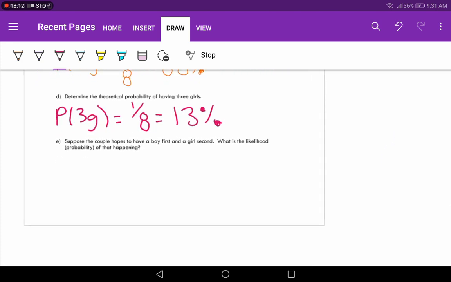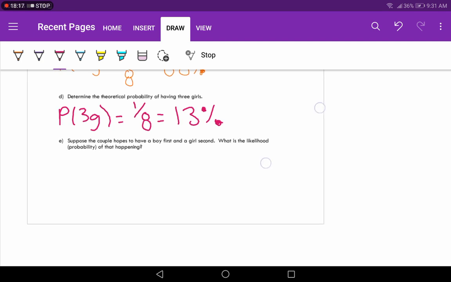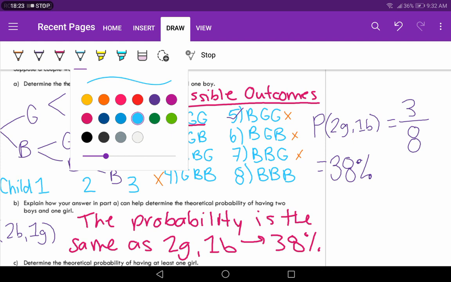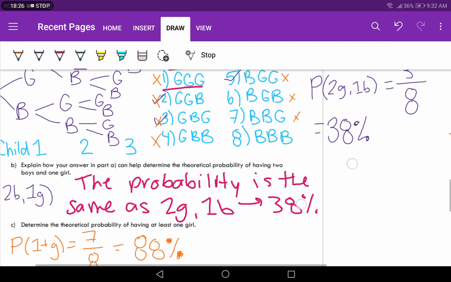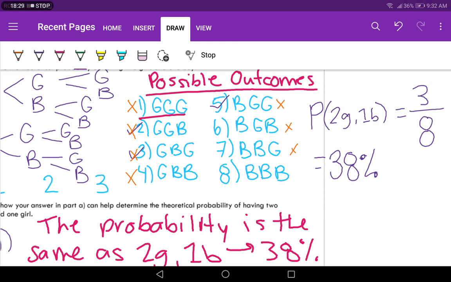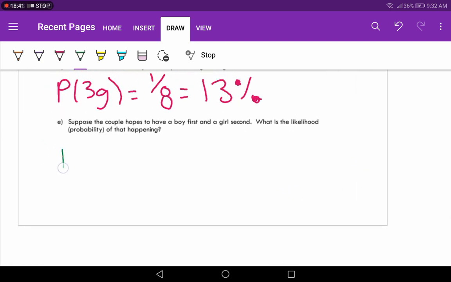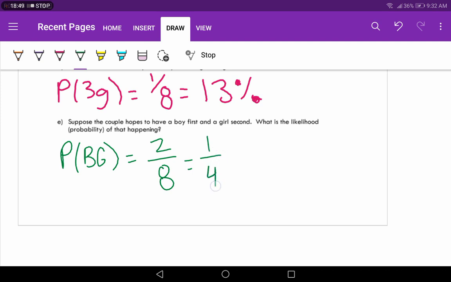Okay, last question. Suppose the couple hopes to have a boy first and a girl second. What is the probability of that happening? So a boy first and a girl second. So back up to our options here. Get a different color altogether. Was it boy first? Yeah, boy first, girl second. So boy first, girl second, boy first, girl second. Okay, so those are the only 2 options where that BG occurs. So the probability of boy, girl is 2 in 8. Okay, which again, we could divide by 2. That's 1 in 4, which we should know is 25%